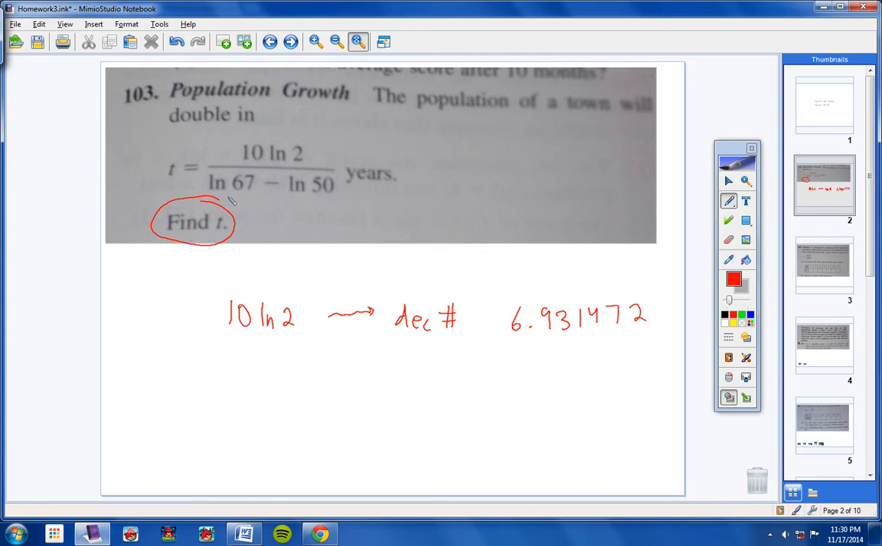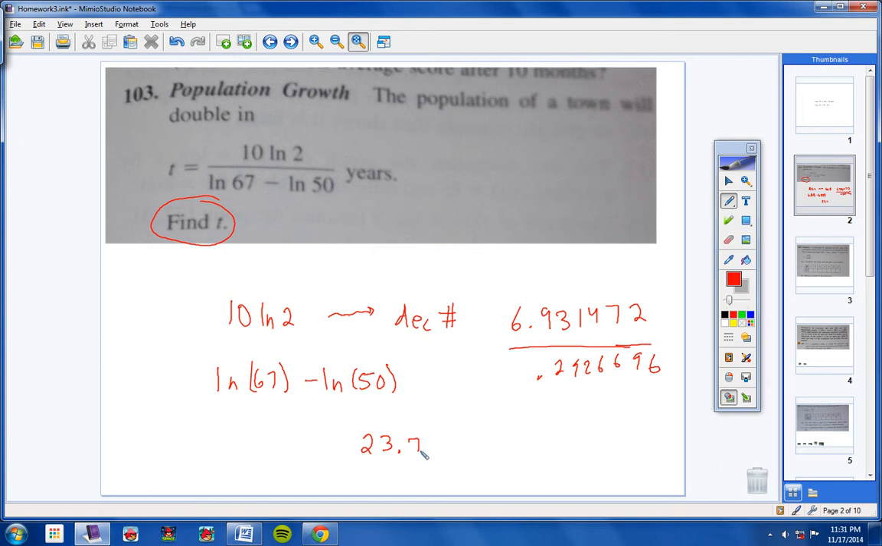Now, then I would type in my calculator natural log of 67. Now be sure and close your parentheses. Natural log of 67, close your parentheses, minus natural log of 50, and then close your parentheses. And you will get this right here, 0.29266696. And then if you divide those two, you will come up with the final answer, which is approximately